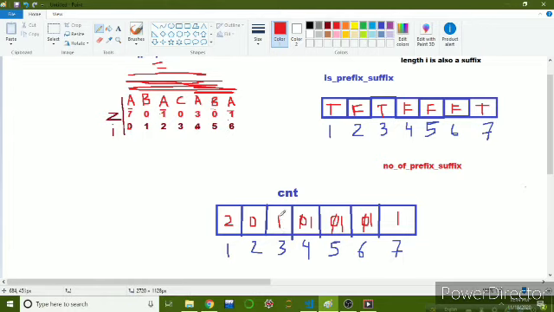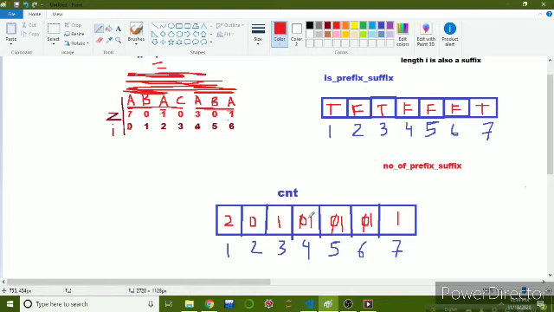So this value is 1 because of these 3, because we found these 3 in the Z array. So we have counted this ABA, but we also have this prefix of length 4, and inside this prefix ABAC we have this prefix of length 3 again.